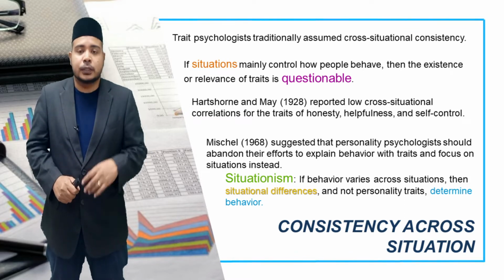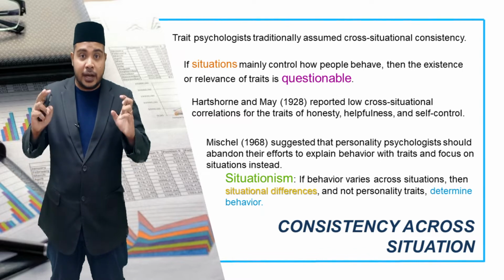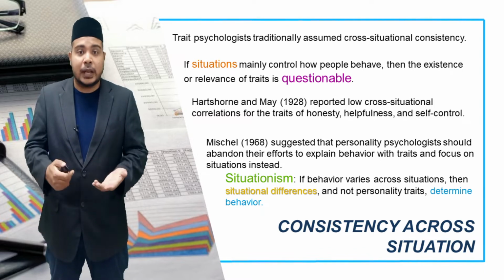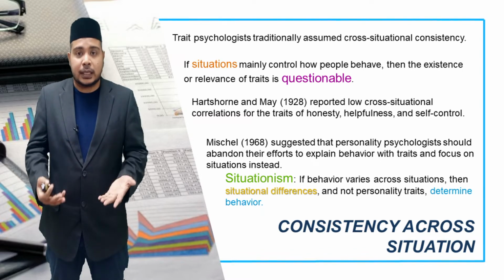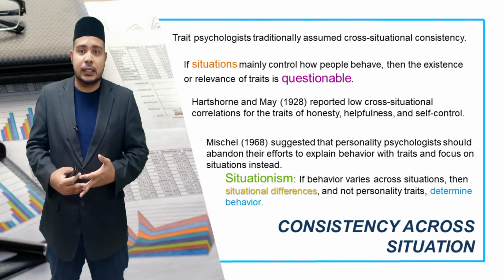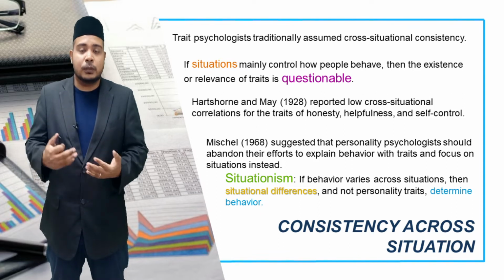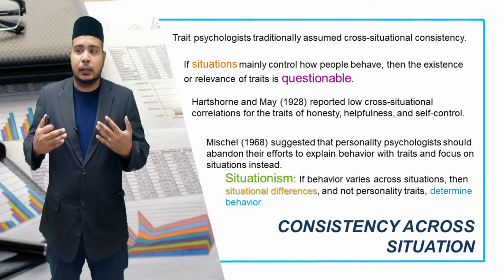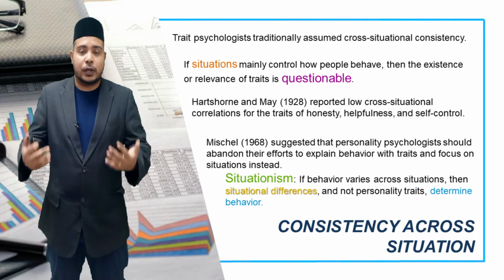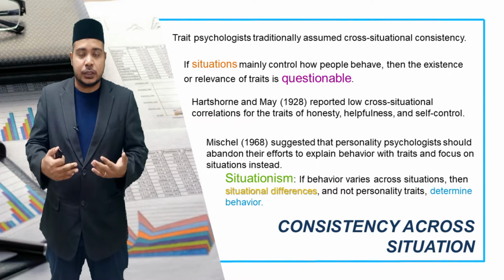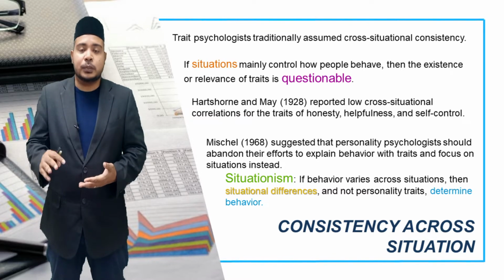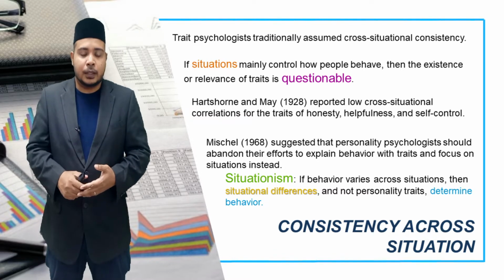For example, people who have the friendliness trait, who are friendly, will be friendly in class, friendly in college, friendly when meeting new people, and friendly when they are at a social event. They will always be a friendly person.